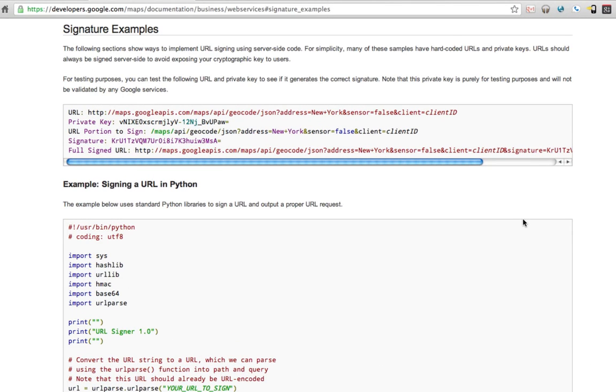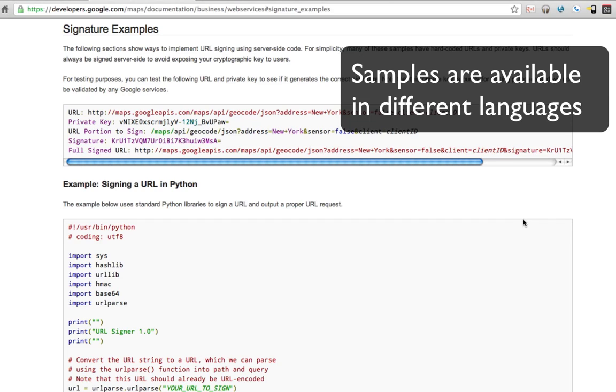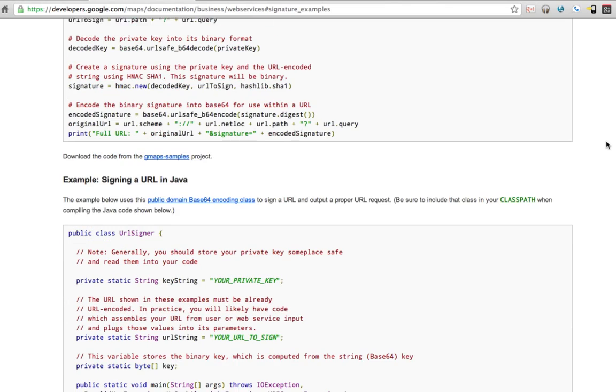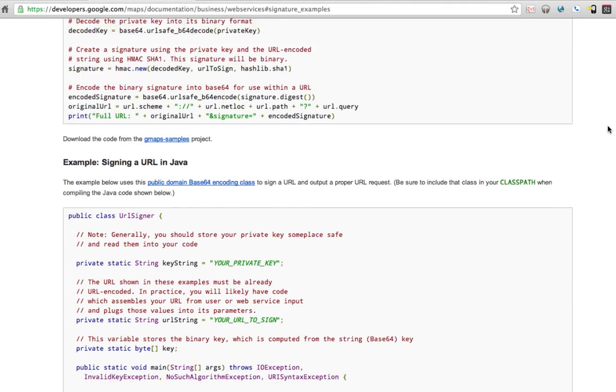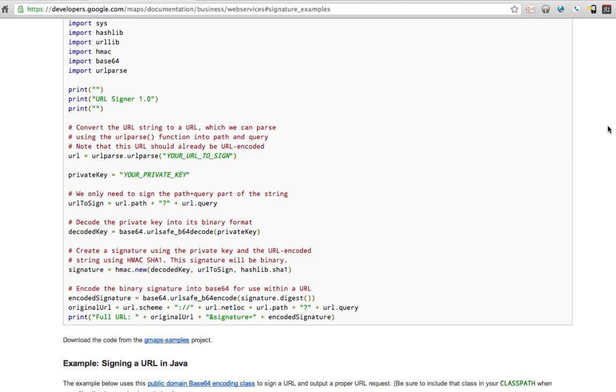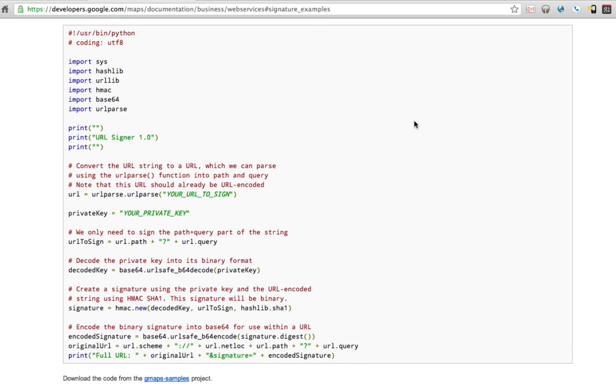All right, let's wrap up the discussion on digital signature by taking a look at some of the examples that have been published on the Maps API documentation under our developer site. As I mentioned earlier, we have a bunch of samples written in various programming languages, and you can follow any of them depending on whichever language you're comfortable with. Another good thing about these samples is they include all the necessary libraries, functions, and routines